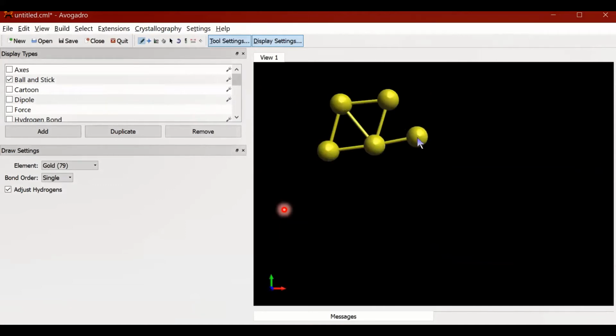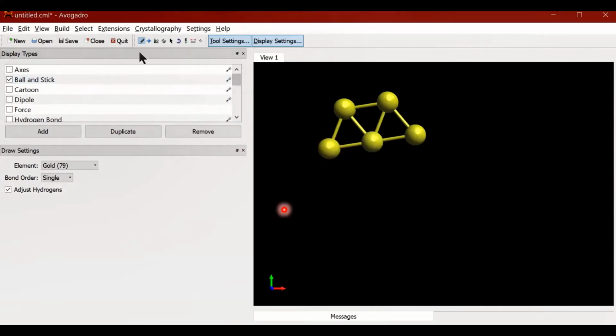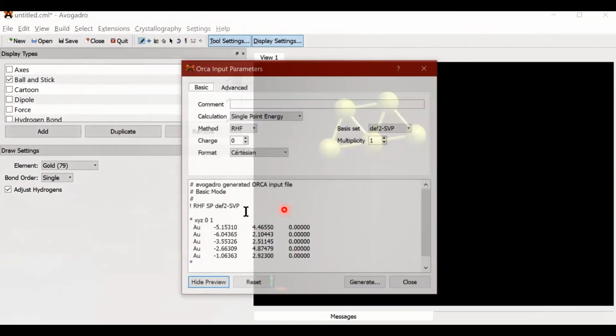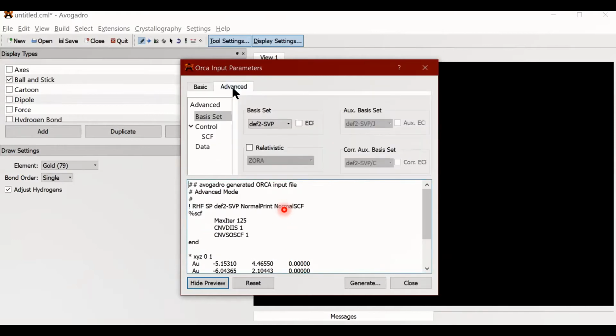So we create this one molecule and then set up the calculation: saving the atoms, optimizing, basically a cleaning up application. Then we can choose any of the software and set up certain parameters, like what you want to do, geometry optimization, which method you have to use, DFT, and some advanced parameters, etc., which are typically the parameters of the job. After that, we save the molecule, save the input file, then run the job and analyze the properties.